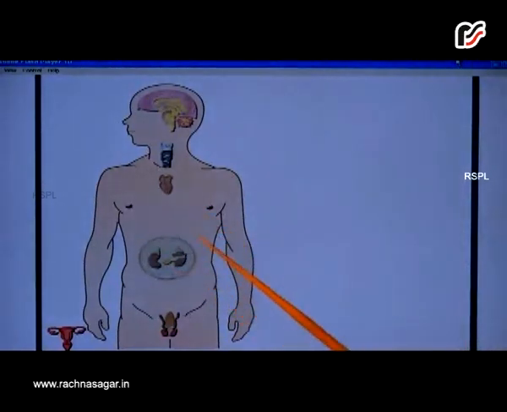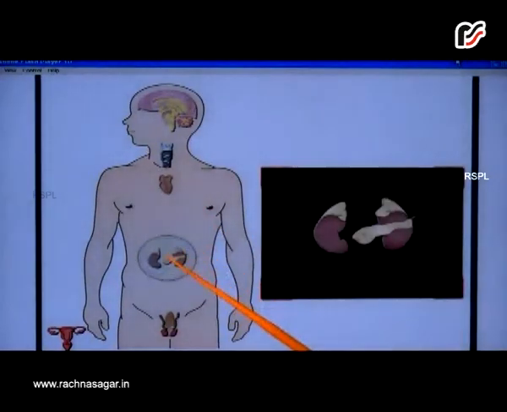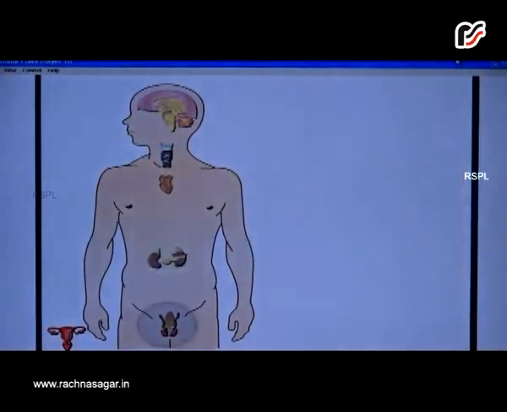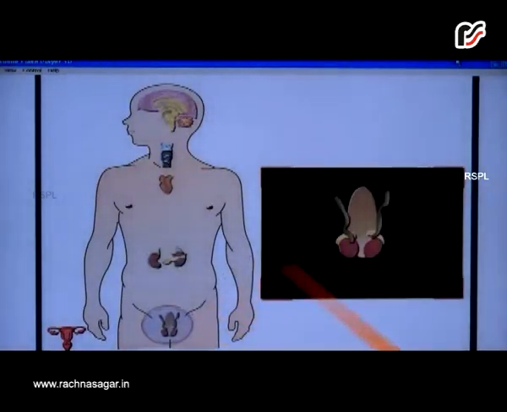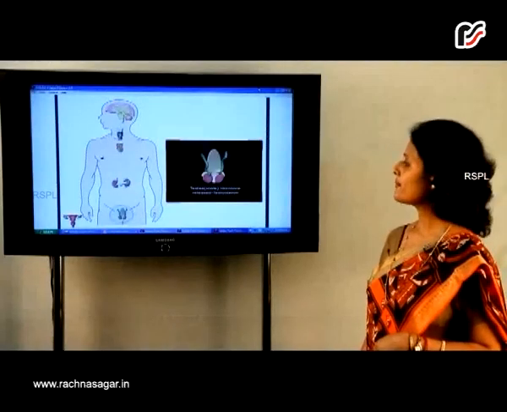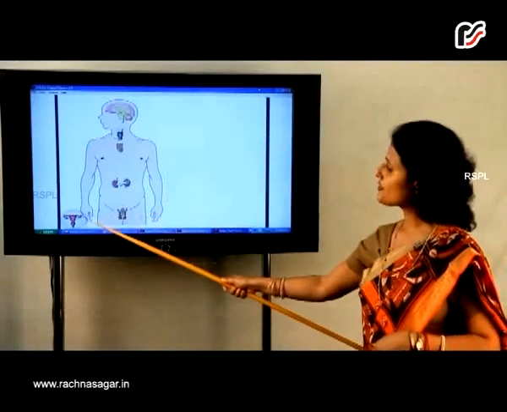Here, these are your kidneys. Right on top of the kidneys there are 2 glands present which are known as the adrenal glands, and here you have the pancreas. Remember, it's a part of our digestive system. In males, the major endocrine gland is known as the testis, and in the female